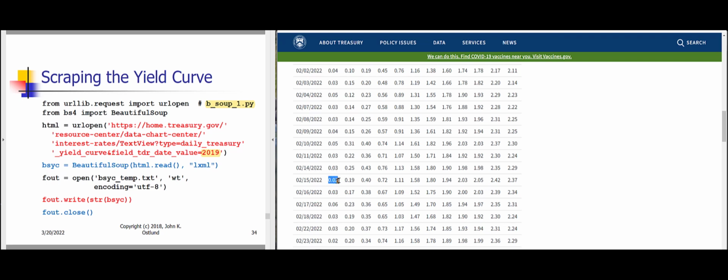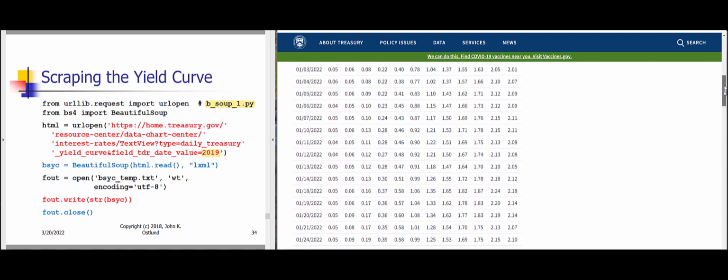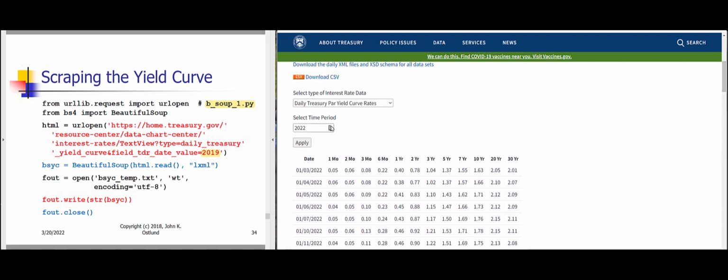Like here, we've got a 0.02% rate for a 1 month investment on February 15th, so just a little over a month ago. And in fact, if we go back to last year,